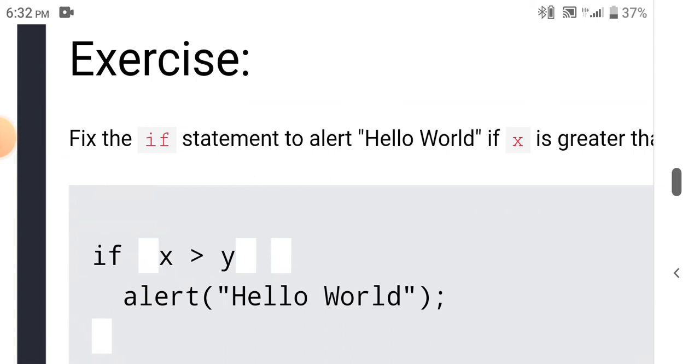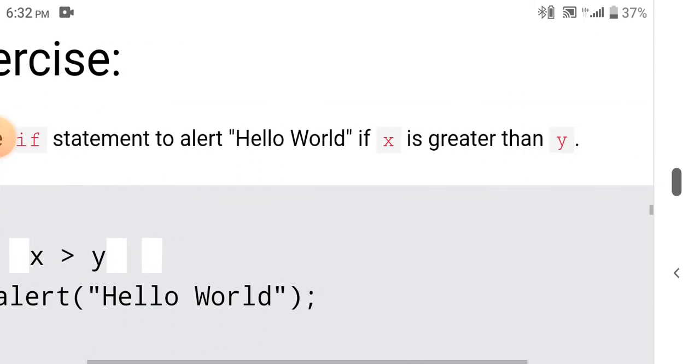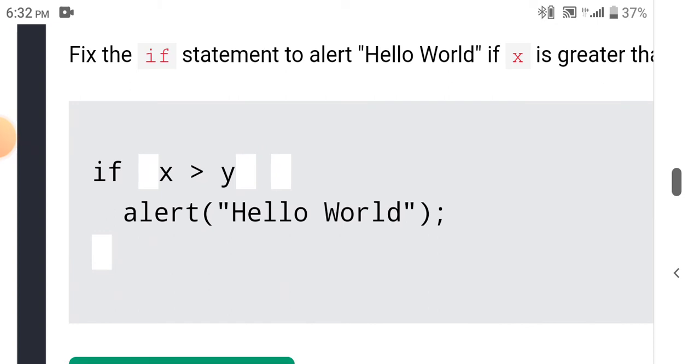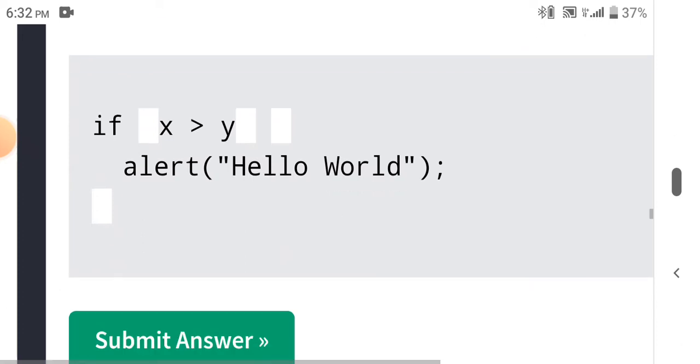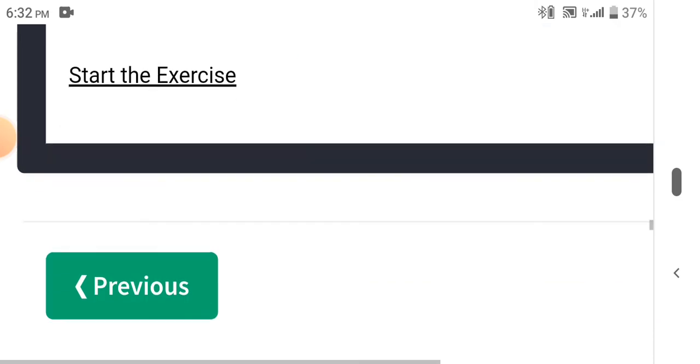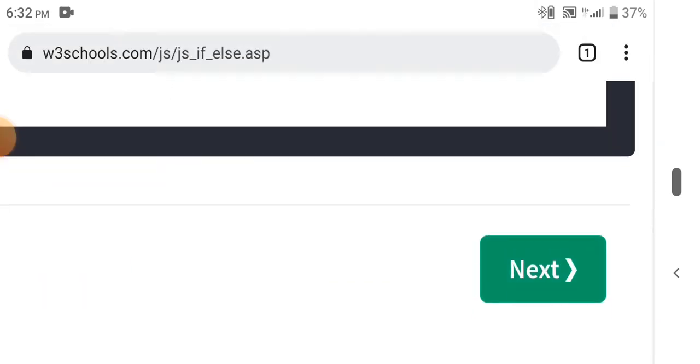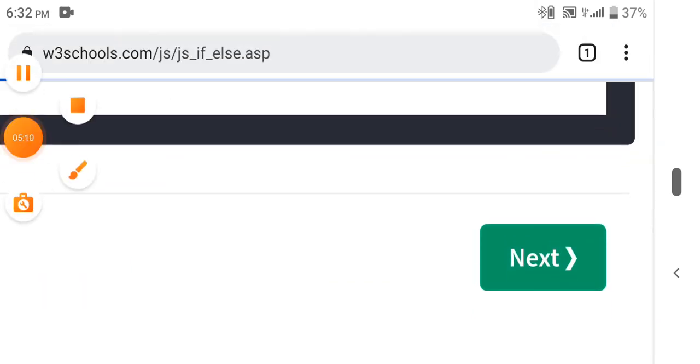If fix the if statement to alert hello world if x is greater than y. x আর y এর দুই পাশে এক ধরা প্যারেনথেসিস হবে, তারপরে আছে কার্লি ব্র্যাকেট শুরু হবে আর ওইখানে কার্লি ব্র্যাকেট শেষ হবে। খুব সহজ। চলুন আমরা পরেরটা যাই, মাত্র 5 মিনিট।